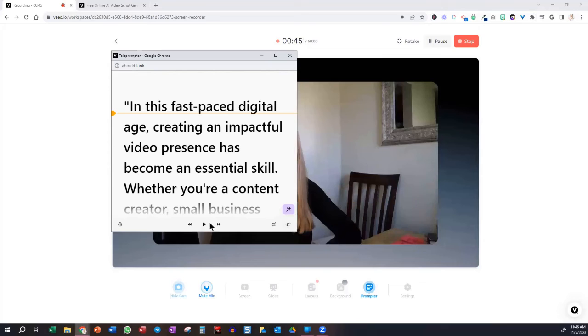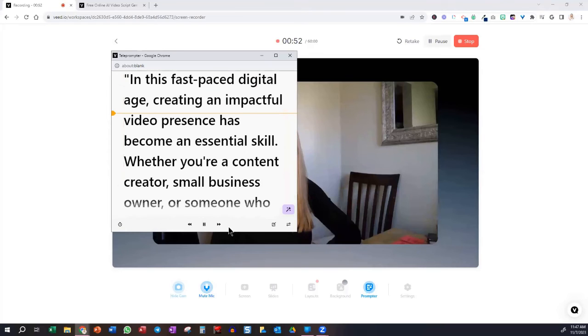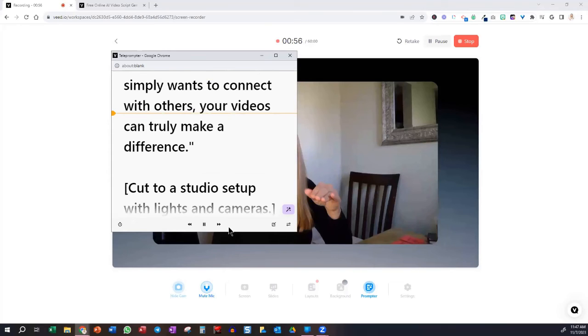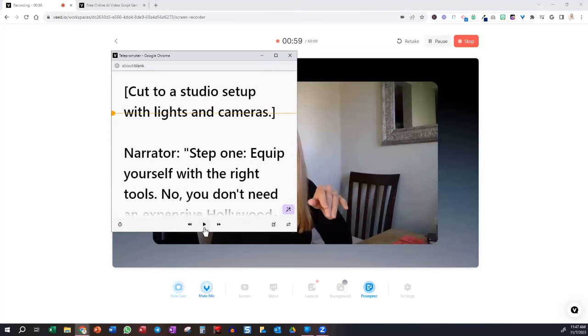Now, if you want to change the pace, it's still recording, so you can do that. You just pull these up, change the pace. Maybe you want it to be faster, done, and play. Now it's going to start from where you stopped, still recording, and then bring all that up. And then you would just keep reading, okay? So that's how easy it is for